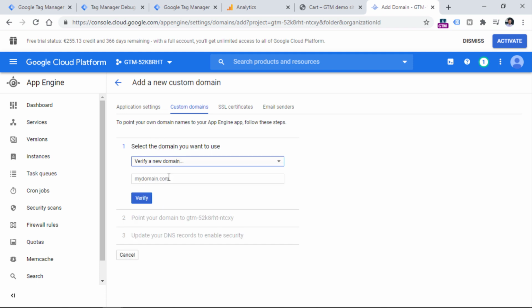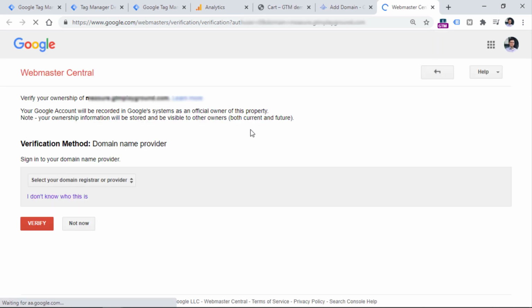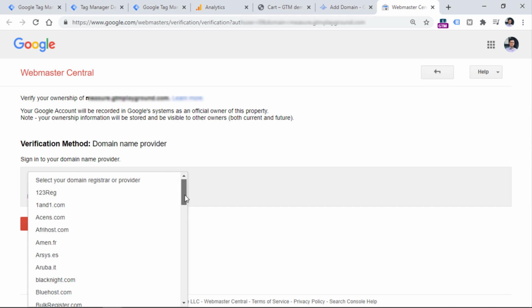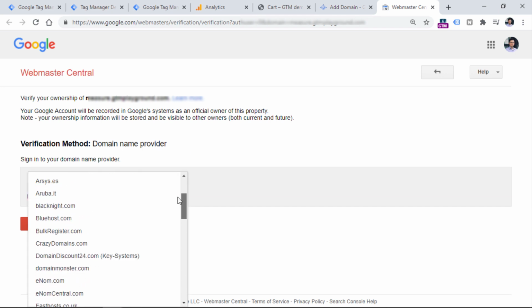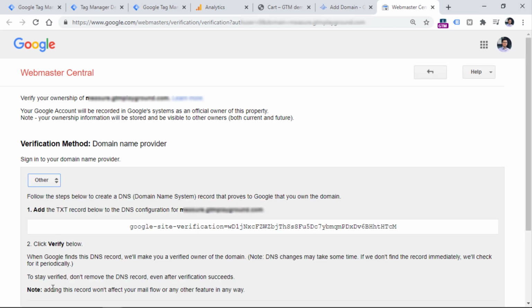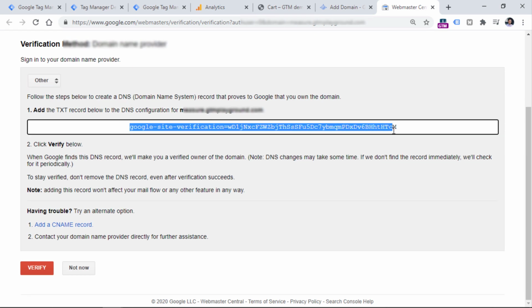Then you need to enter a custom domain that you want to use. So in this case, I'm going to use a new one, and I will enter it right here. Click Verify, and then you will be asked to add a certain verification text to your domain settings in order to actually verify that you are the owner. So right now I'm actually using Cloudflare. I don't see it right here, so I'll just choose other, and I will need to copy this code and go to my Cloudflare settings